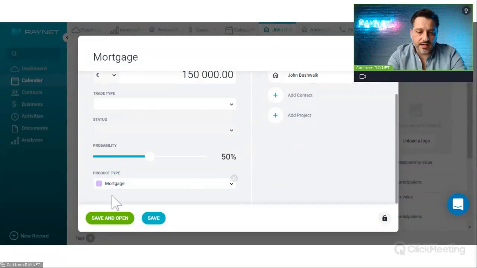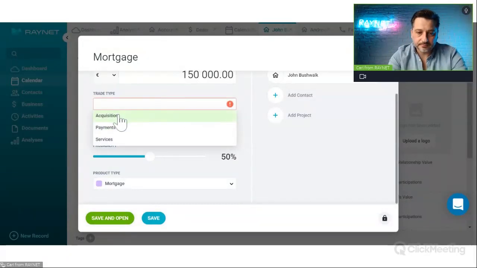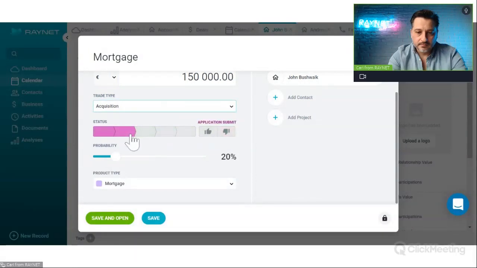Once we've done that, we save and open our trade type. Here we've got different stages: the offer, application submitted, waiting for approval, signed, and waiting for commission. We know we're right at the beginning, so we're preparing the offer. We'll see that later on when we're looking at the pipeline. So if we click on save and open,